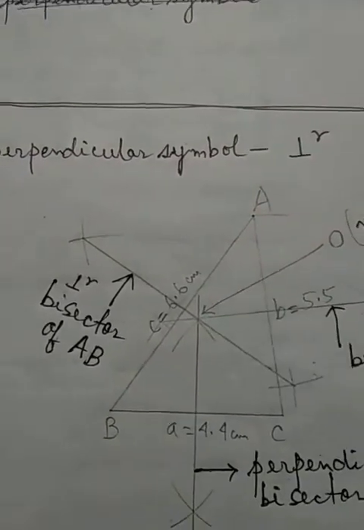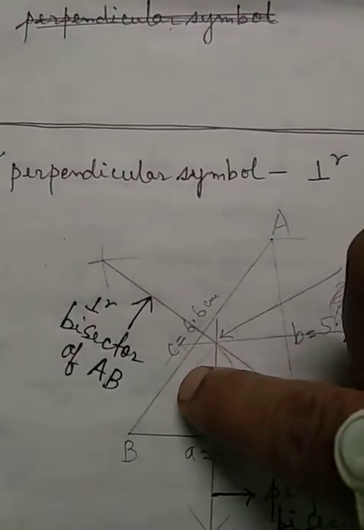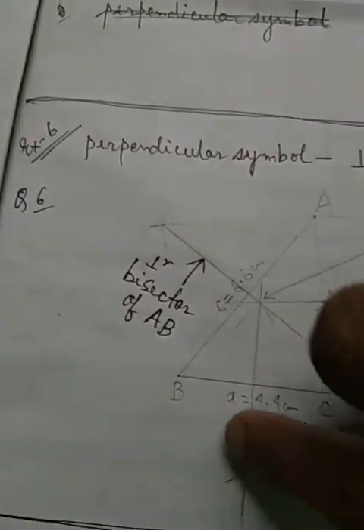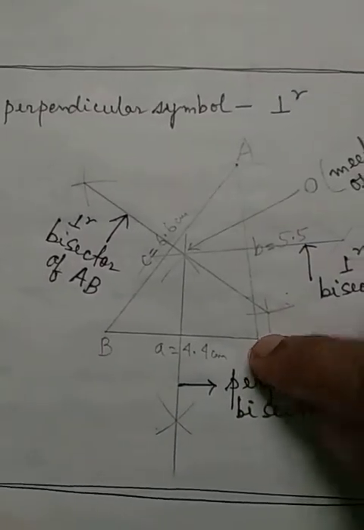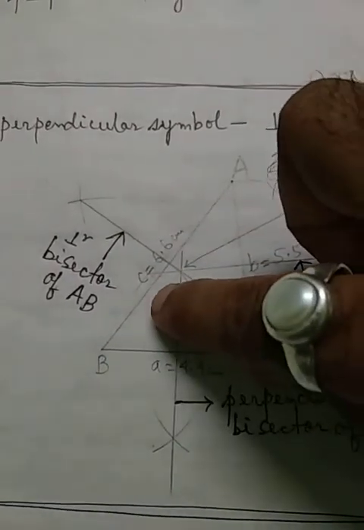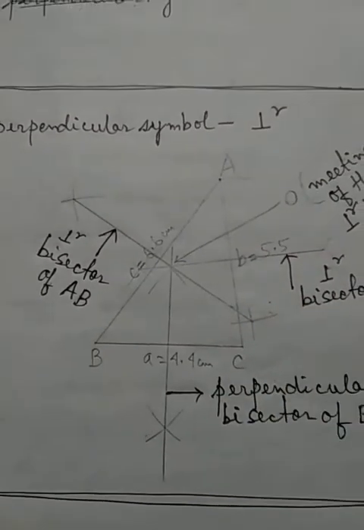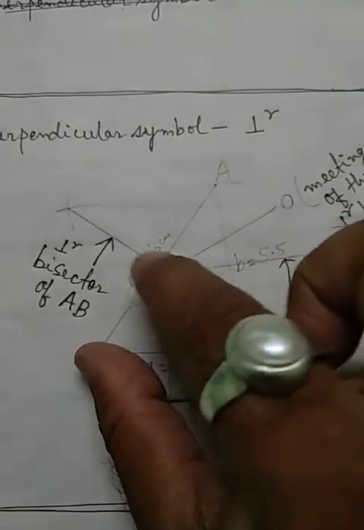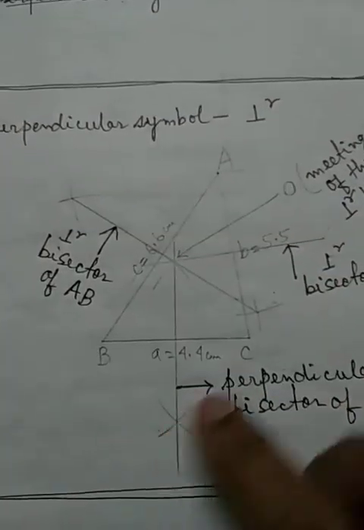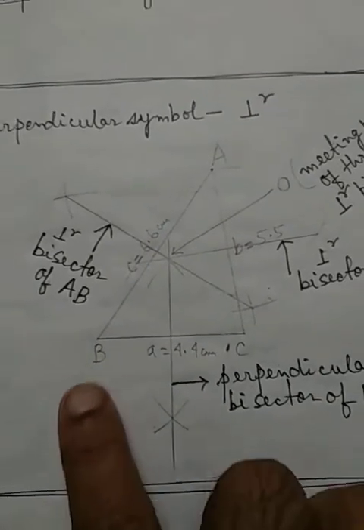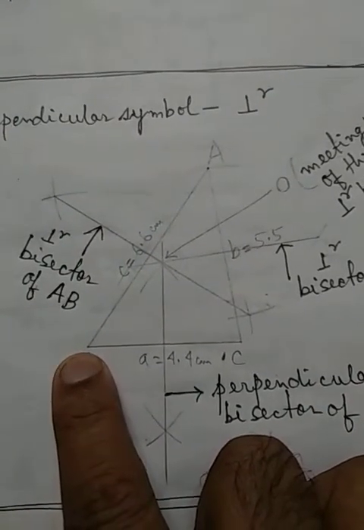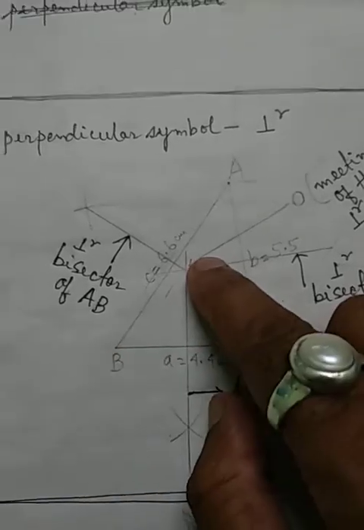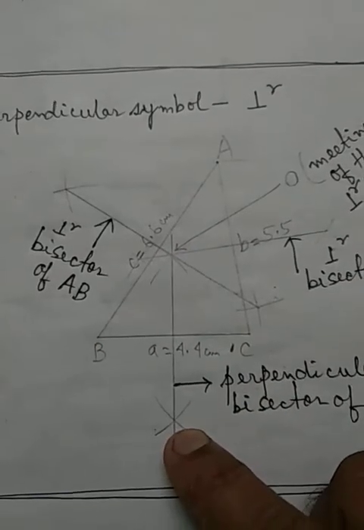You see, I have cut above the line, and then keeping the same arc, I have to cut below the line. So from the point C, whatever arc I have taken, I cut once above the line and once below the line. Keeping the same arc, I repeat the process from the vertex B. From the vertex B, I cut here and here. That means from C, once above and below the line, or you can call it right and left of the line. The same work is repeated from the vertex B.